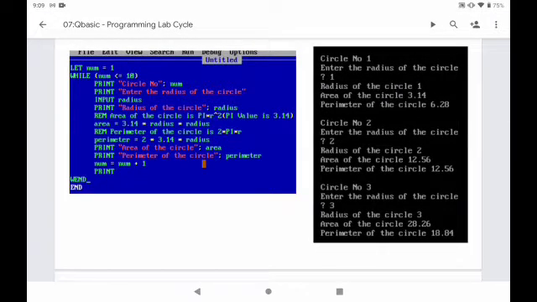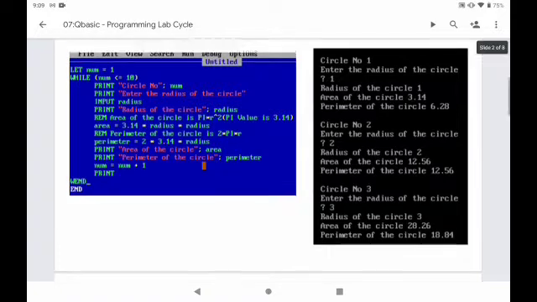Let num equal to 1. So first of all, we are assigning the value 1 to the variable num. Then while num less than or equal to 10. Num less than or equal to 10 means currently the value is 1. So the values have to be less than or equal to 10. That means 1 we can take, 2 we can take, 3, 4, 5 up to 10 only.